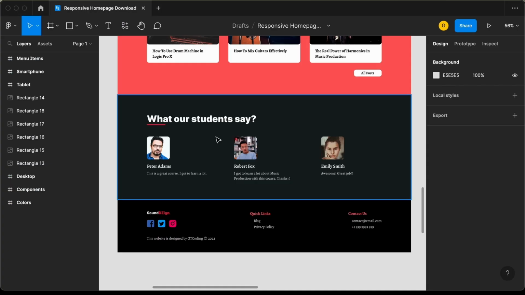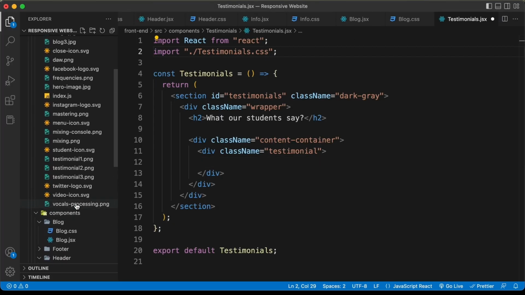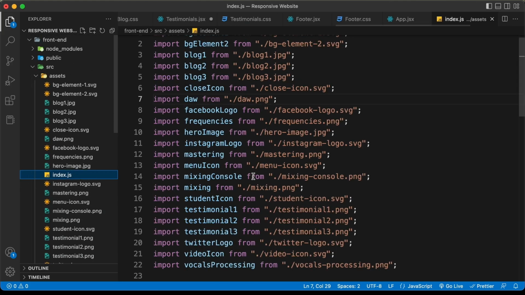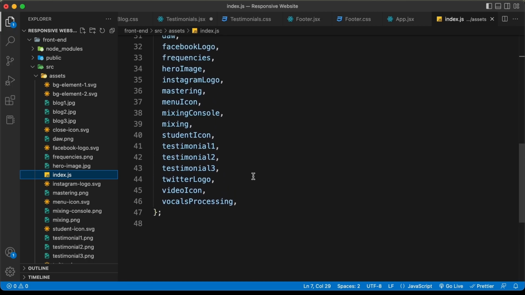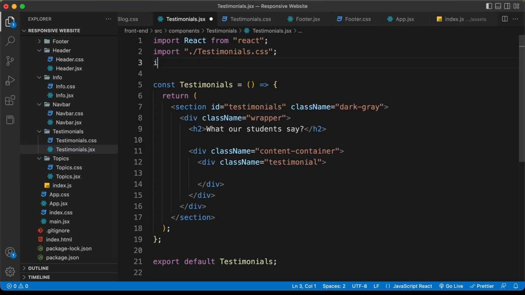Now in this testimonial, the first thing we need to have is this image. So first of all, let's import the image over here inside this component. Here in the assets folder, we have this index.js file where we are exporting all the images. For the testimonial, we have these images, testimonial 1, 2, and 3. So let's import those images over here. Just type import testimonial 1, testimonial 2, and testimonial 3